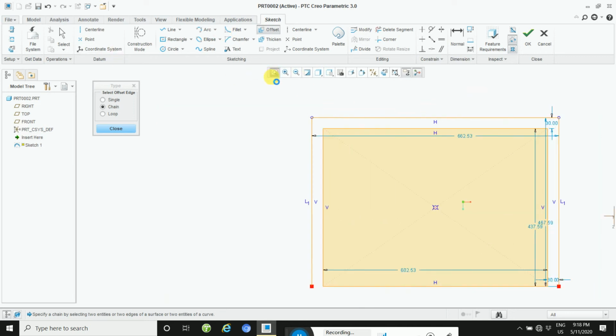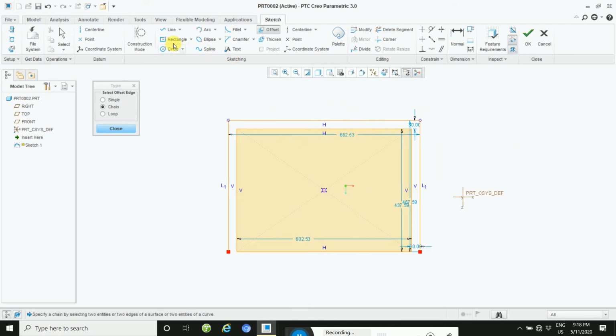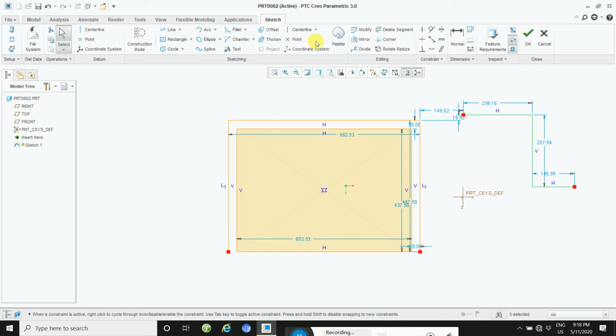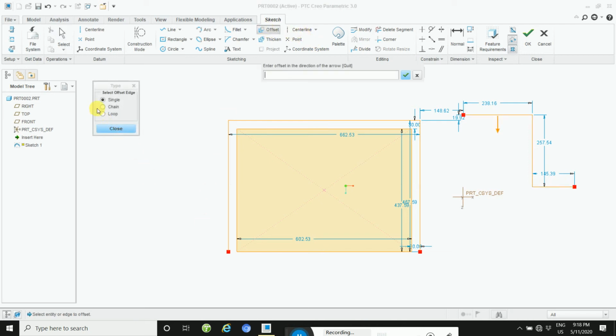Take a second example. Click on this line and execute this command, then apply the offset, and first close here and then select chain. Chain is defined for first line, second line and third line.